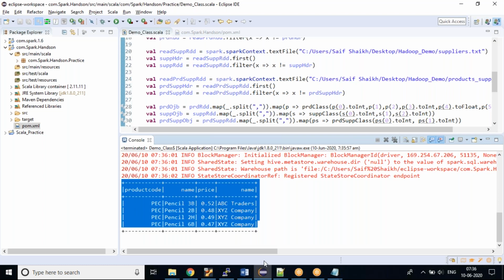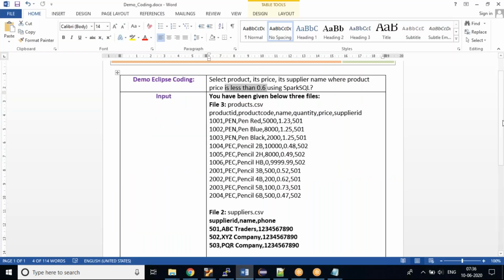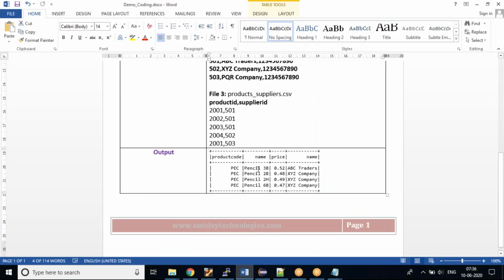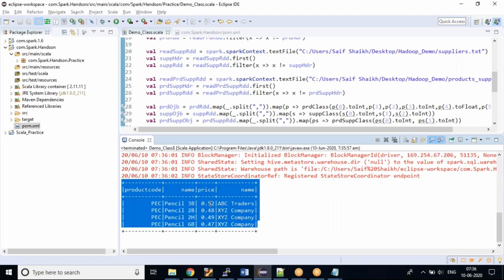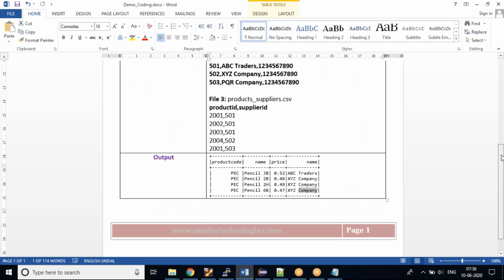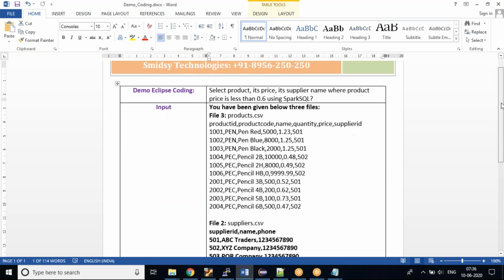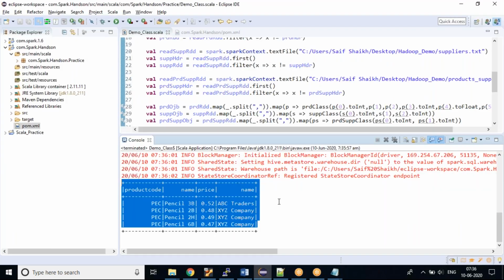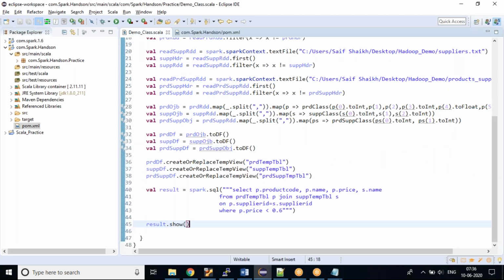Can you see this output? If I go over there, pencil 3B 0.52, we are getting 4 records, 48, 49, 47. So we are getting all the data as requested in this scenario. It's just simple coding, nothing much complex.